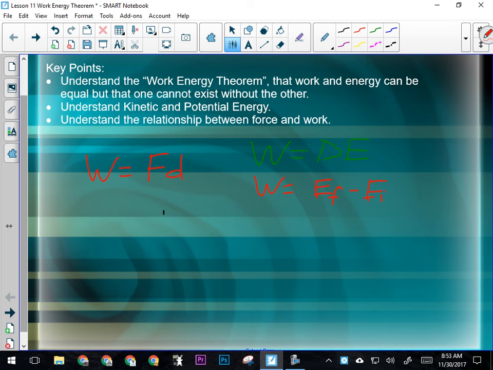So the more force I exert, the more work I should do. Is that what that formula says? If I exert more force, I should do more work, provided the object moves. If the object doesn't move, then I'm not doing any work. Okay, at least not on the object, because the object's energy isn't changing. So when I exert a force over a distance, the object has to change its energy. If distance is 0, then the work is 0. There's no way for me to change the object's energy, at least its mechanical energy, if it doesn't